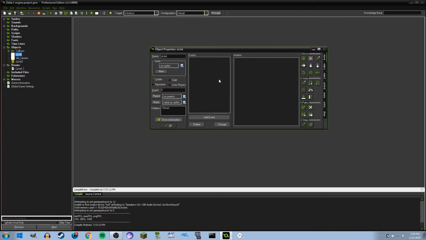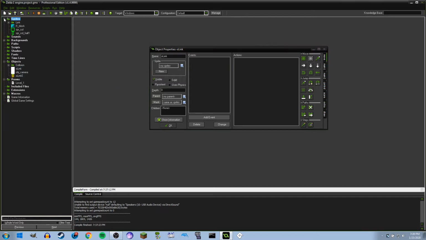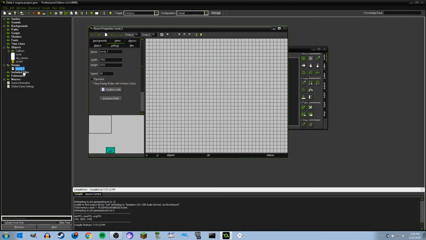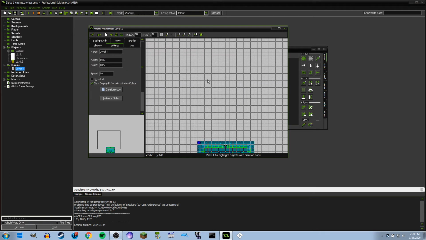Tutorial log number 2. In this one we're going to be coding basic movement and collision. Now this is in a project that I've created that will basically serve to, at the end of it, be an engine similar to that of Zelda 1. And in that vein I have already imported a few sprites for Link and created a room and that kind of thing. This entire room is going to be